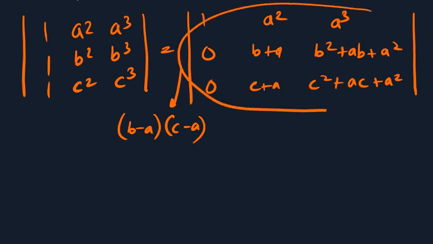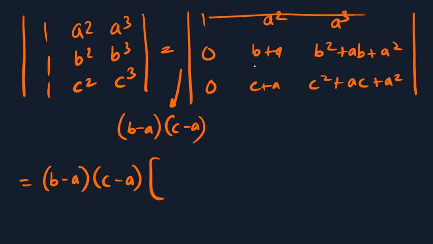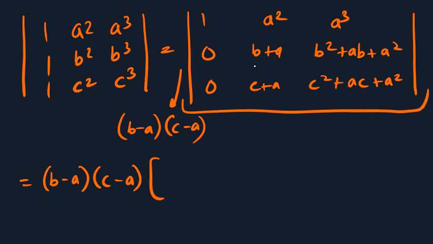So let's try to expand this entire determinant. So we will have b minus a into c minus a into 1 multiplied by this into this. There will be a square multiplied by determinant of something, but that determinant will be 0. Then a cube will be multiplied with the determinant of this, which will again be 0. So the value for this determinant is going to be 1 multiplied by the multiplication of these two terms.